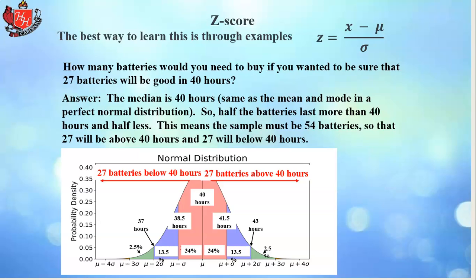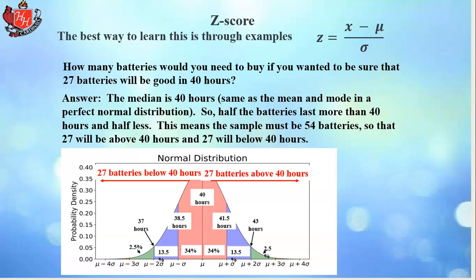So half the batteries will last more than 40 hours, and half the batteries will last less than 40 hours. That's what a median means. It's the number that's right in the middle of all of the numbers. This means that a sample must be 54 batteries so that 27 will be above 40 hours and 27 will